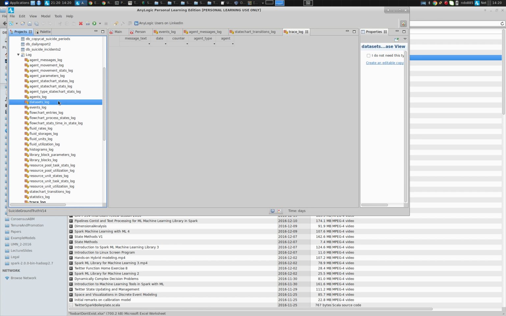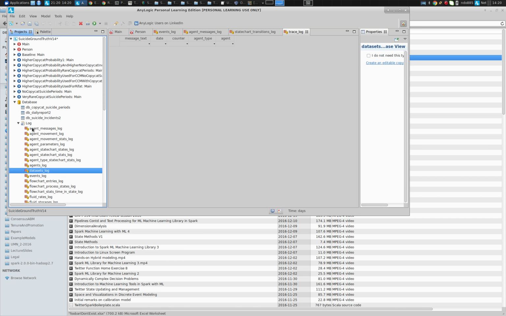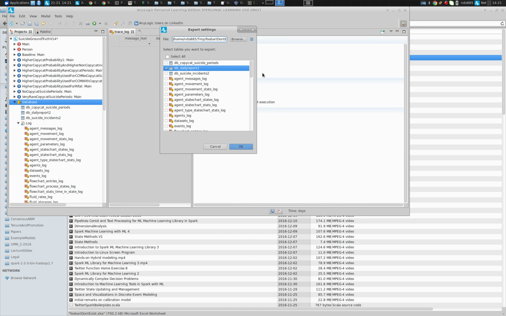And then there's some sort of data behind this. So this sort of information can be part of your databases and can be used to go and record what's going on here within the model. Now, I had thought there was here a way of easily exporting. Yeah, I think this is all part of this. So we can do export settings, and then you could say, okay, I want to export the messages log, for example. And here I'll say, instead of foobar, the unlikely name, I don't exist, I'll say example,